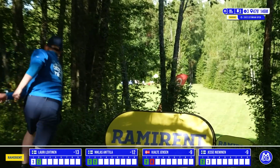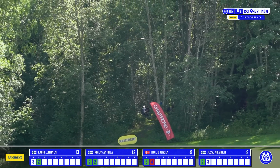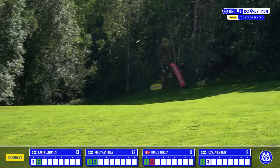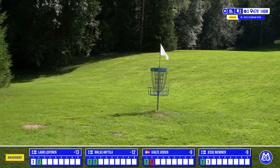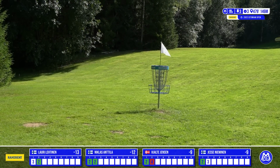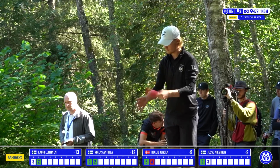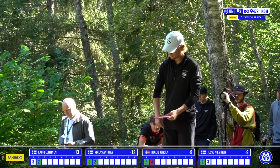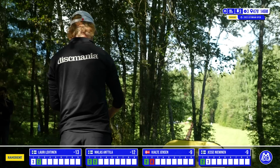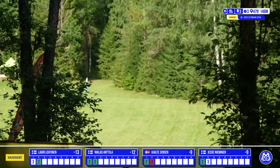We see Jesse now, looking for a nice big flex on the forehand. Definitely gets it to ride. This could park it. Okay, just not enough out of the hand, but that's a huge order to ask for with a sidearm. No doubt. And I think the priority here is just to hit the first gap, not hyzer out OB. If you get all of the distance, that's a bonus, but I think it's not the immediate priority here,